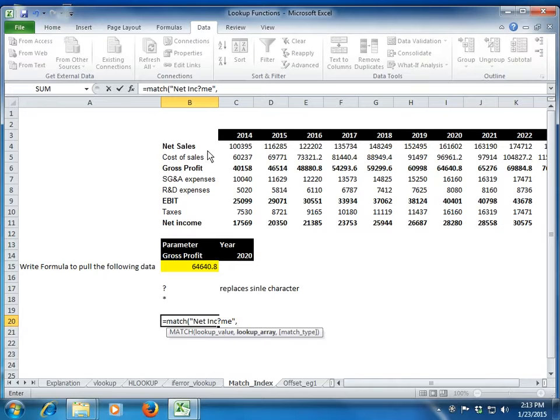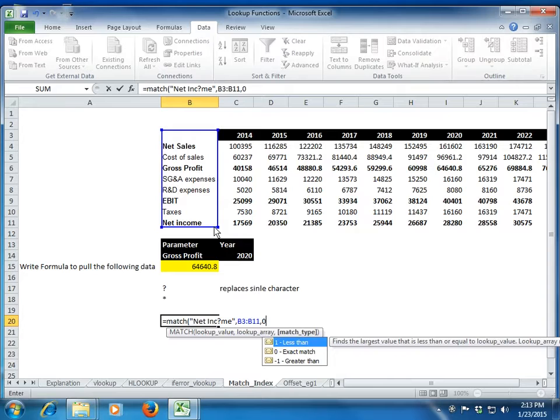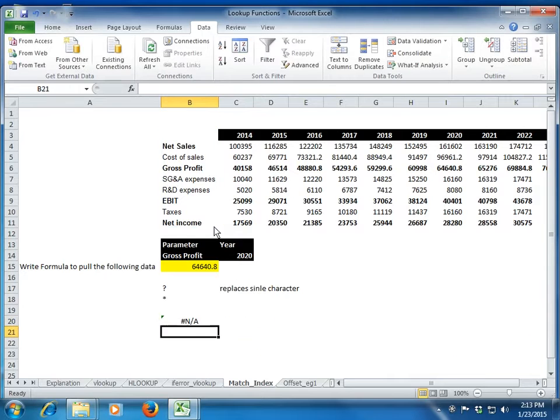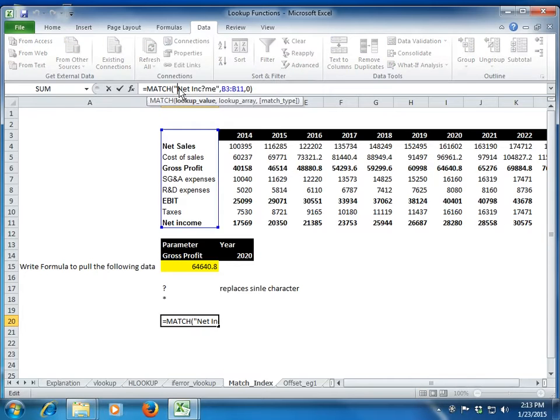I give it a table array. So this is my array. Okay, and I give 0 for exact match and I close the bracket. What happened? Net income, B3 to B11. Why is it giving me an array? There's no reason I should be getting an NA, but still let's see.